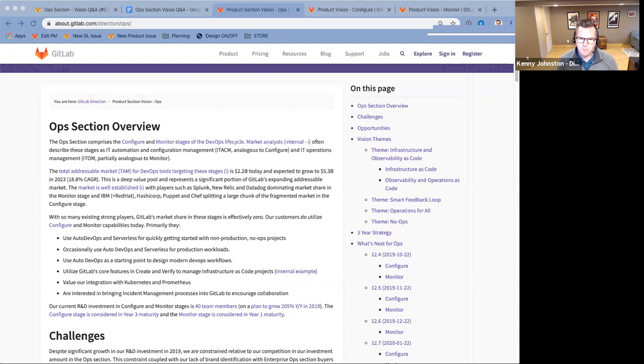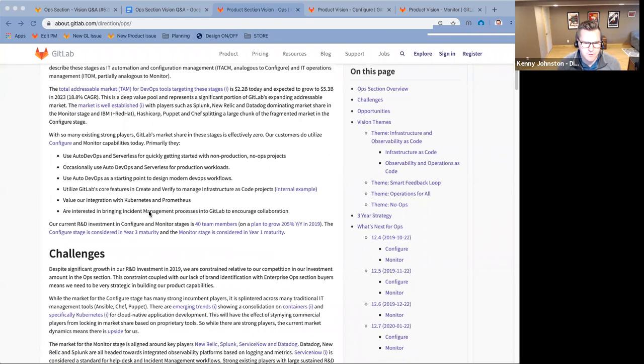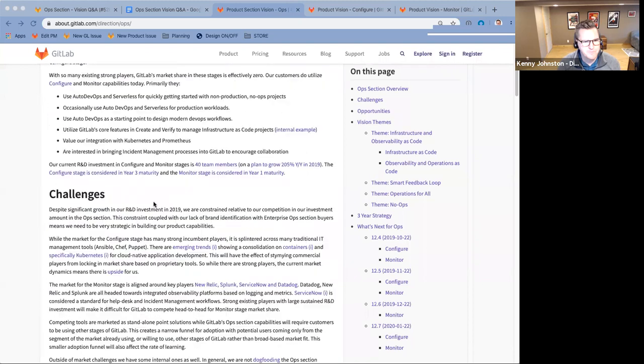Customers tend to use us more for, there's a direct quote that we heard from a customer: hey, I use New Relic for most of my applications, but if there's a new greenfield application that's cloud native and can utilize Prometheus, then I might save a couple bucks on my New Relic costs by not having to use it. So our adoption in these stages is, I would call it, nascent. There are significant opportunities for us to grow here.